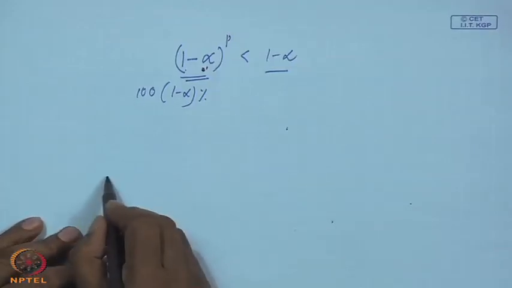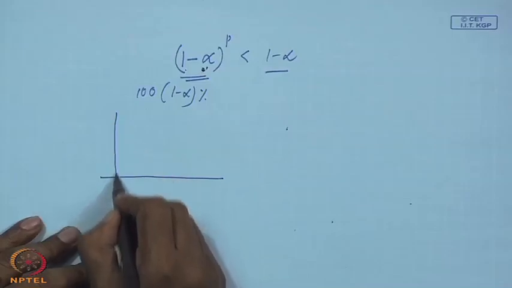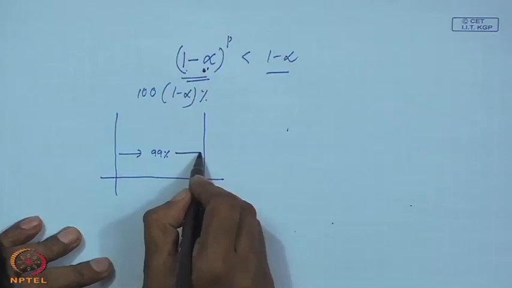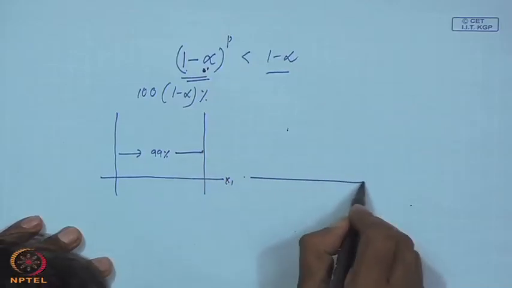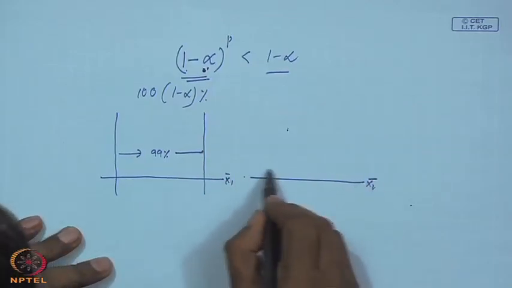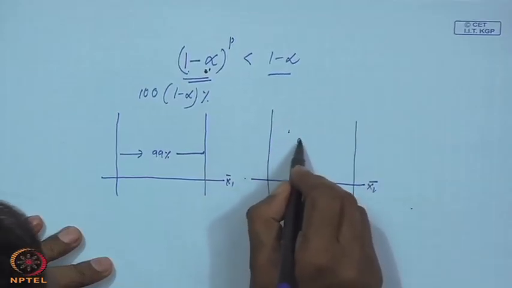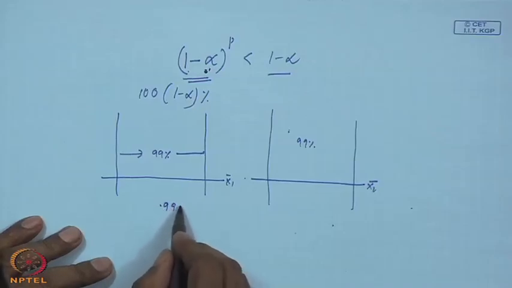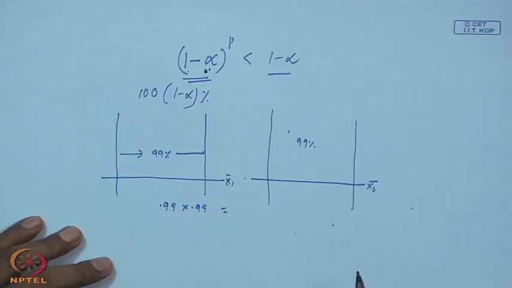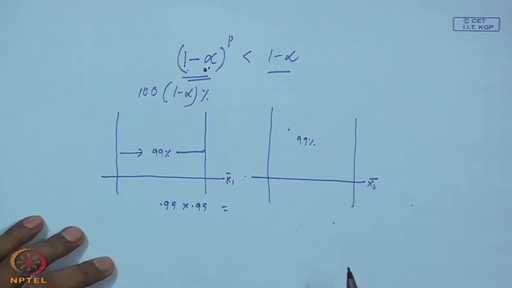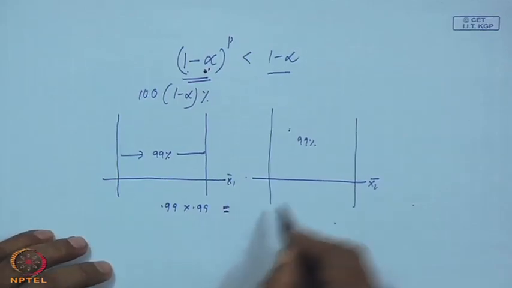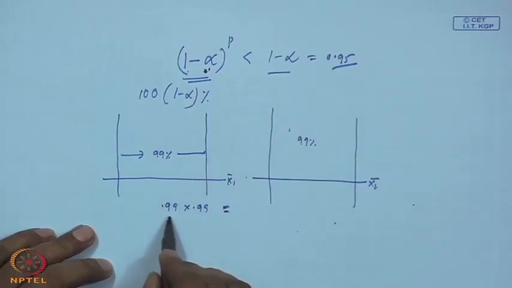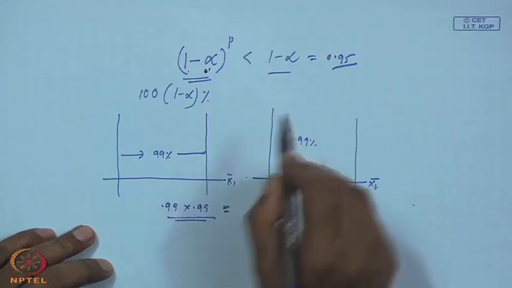You are getting me? Like my first variable, the individual interval, let it be 99% you are finding out. Then for the second variable also you find out the individual interval, 99%. Then what will be the total? If you multiply 0.99 into 0.99, what will be this quantity? You just check. It will be also a large quantity. If my interest is to get 0.95, probably it is more than 0.95. So, you have to choose